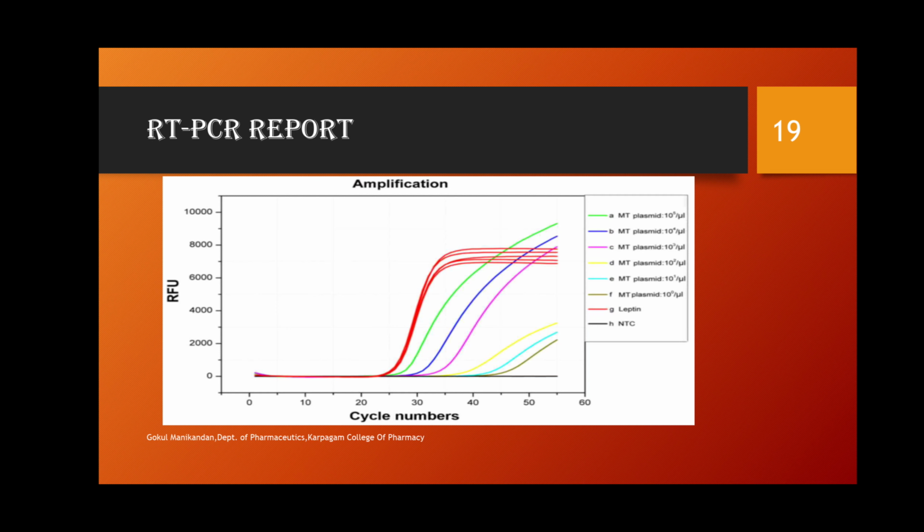This is the RT-PCR report. This is how it looks. You can see there is overlapping of the amplification lines. The reason behind this is that the same sample is given multiple times in order to ensure the accuracy of the reports, because sometimes the reports obtained can be false. So in order to ensure the accuracy of the report, the same sample is given multiple times. This is what a real RT-PCR report looks like. As you can see, on the x-axis we have the number of cycles. On the y-axis we have the relative fluorescent units.